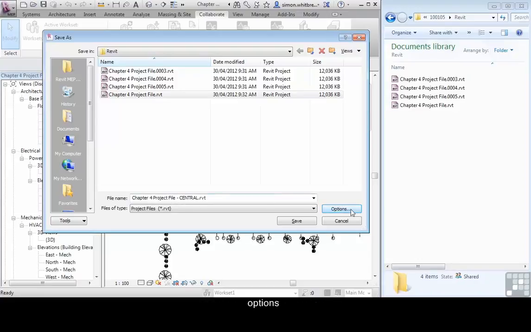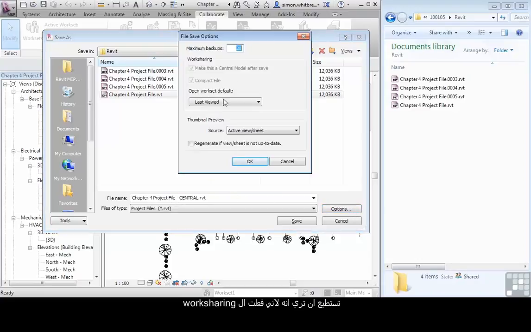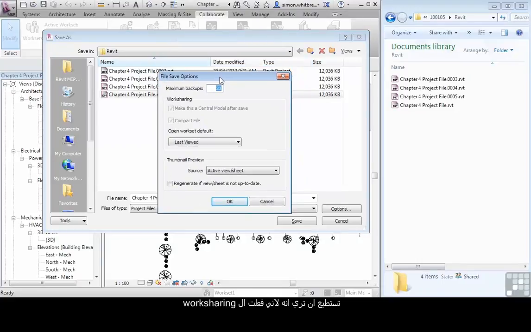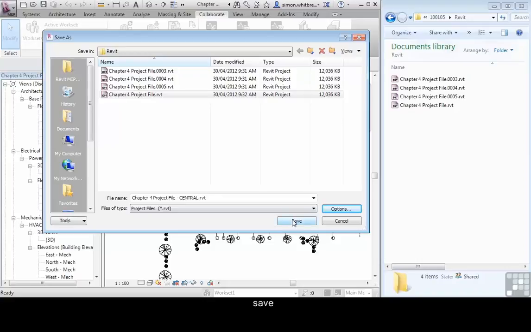If I click on Options, you'll see that because I've activated work sharing, our backups have changed, and the work sharing make this a central model after save is checked, but I can't uncheck it. But for now, this is unimportant. I'm going to click on Save,